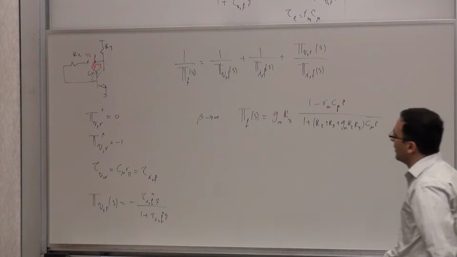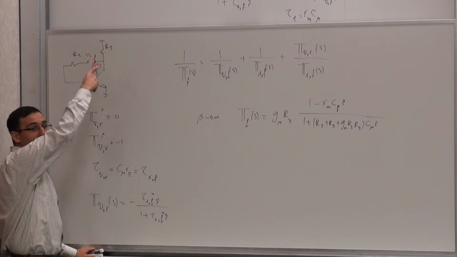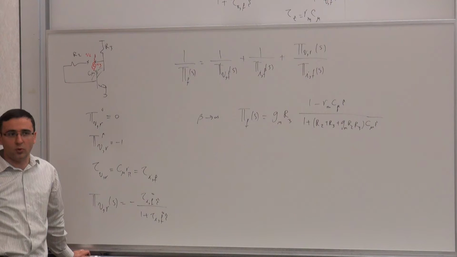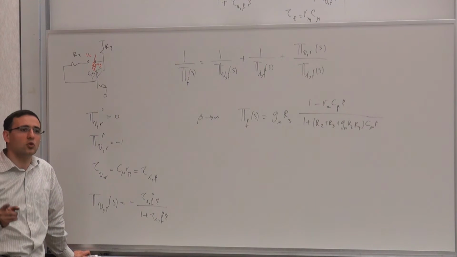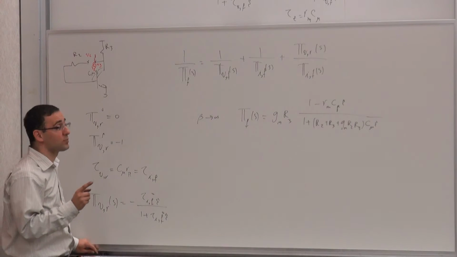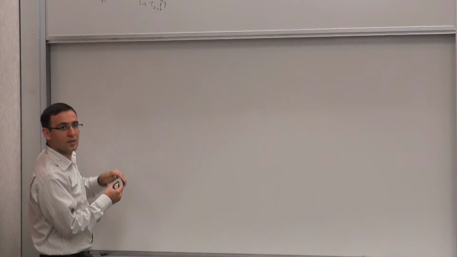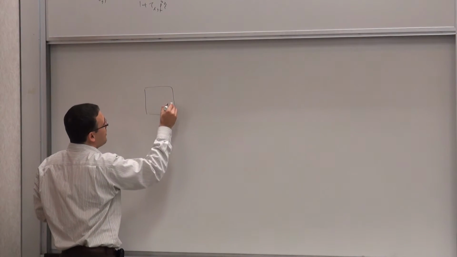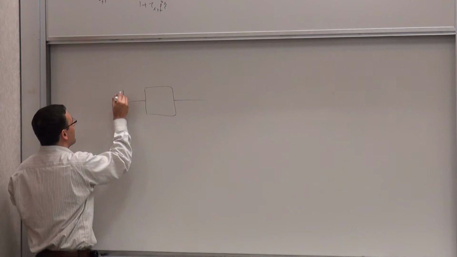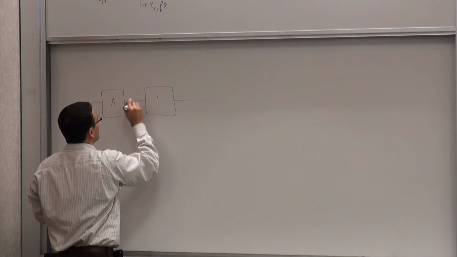So the point is that now this is invariant. This doesn't matter where you bring it. Now, an interesting point. We set all of these things for a single loop. Now, if you have nested loops, you have to be careful. So let's think about it, and we'll talk a little bit about this later. So let's say you have blocks like this. So let's say you have a system. Let's say A, B,